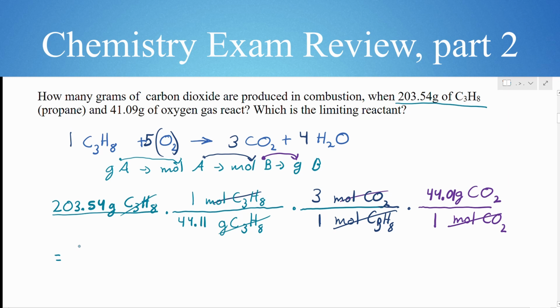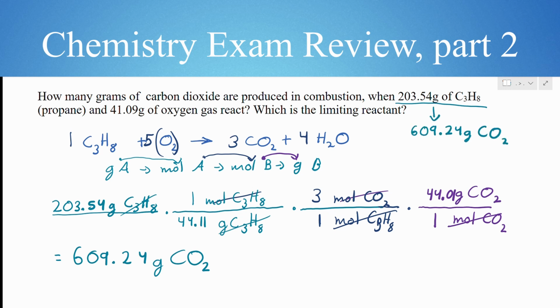This is going to give me 609.24 rounded to the nearest hundredth grams of CO2. Okay, so this is the amount of CO2 that can be made with this amount of propane. Okay, so this part is going to give us this. Okay, and our next step is to find how many grams of carbon dioxide can be made with this amount